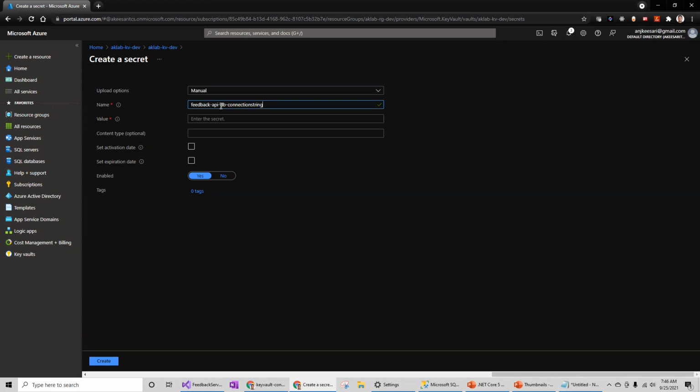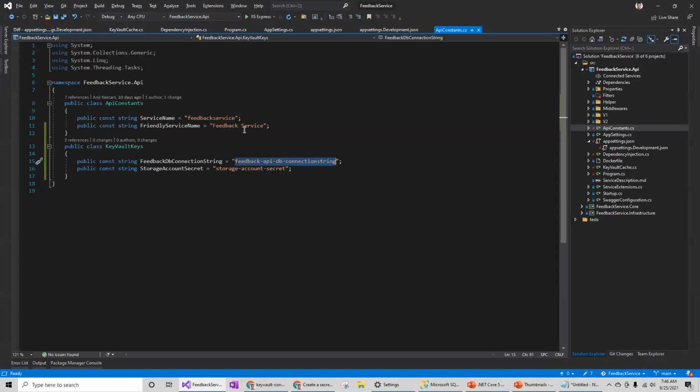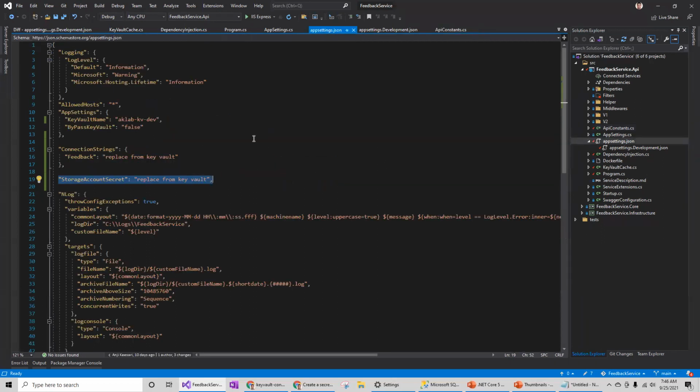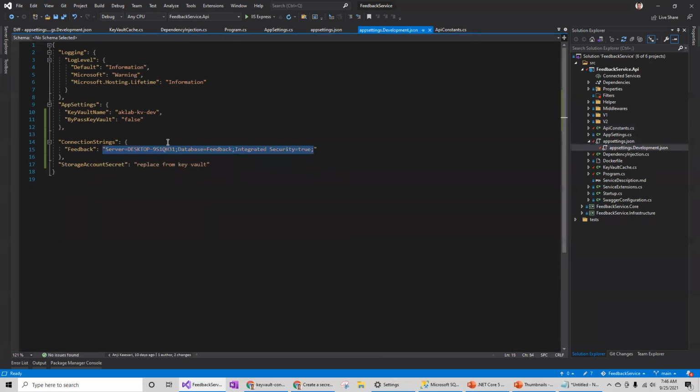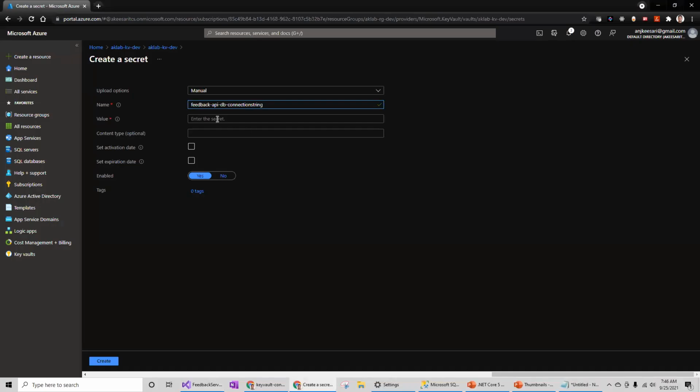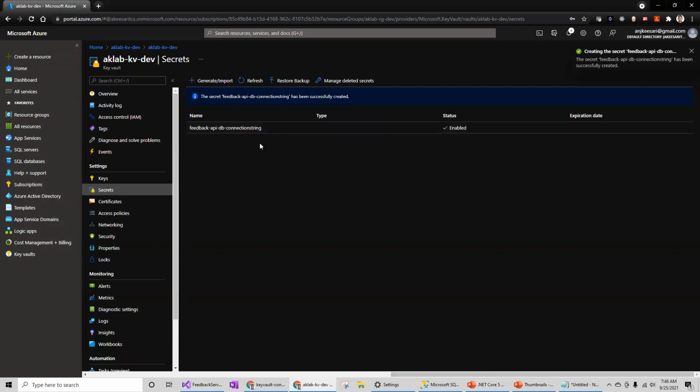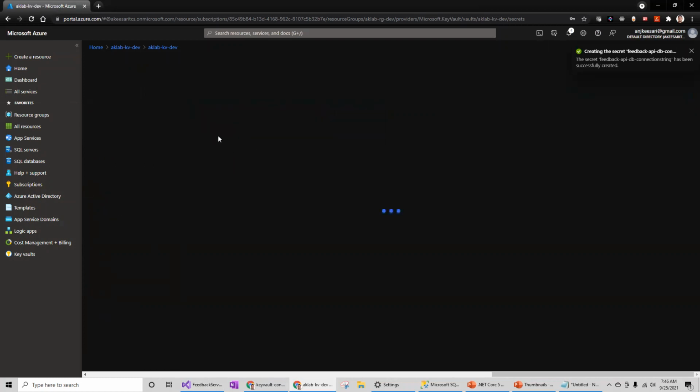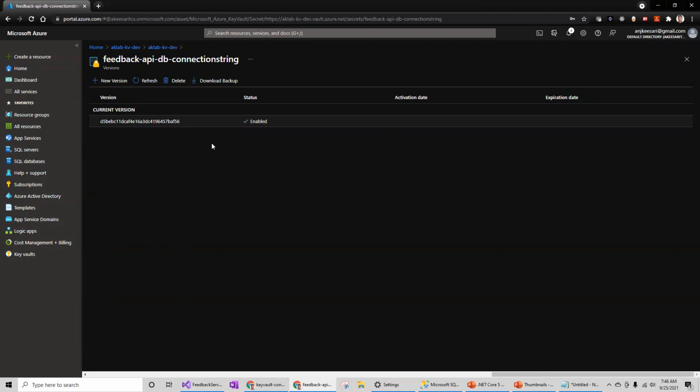You can prefix it with the service name and then the purpose of the connection string. And the value I'm going to keep for the database connection string is this. Once you save that key, you will not be able to read the value, so make sure that you are entering the right information here.